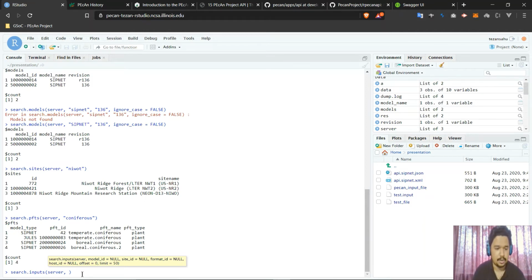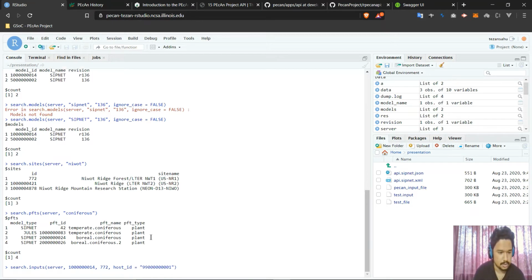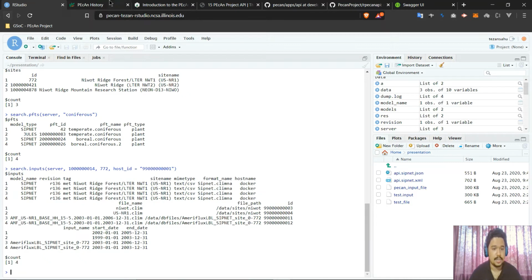So for now, let's just restrict ourselves to this particular SIPnet R136 model, the site being 772, and let's say we want to use our current host, which is this. So let's search for it, and I do get a bunch of inputs over here. I guess primarily we'll be interested in this climate input, which has an ID of 19003. So with that,